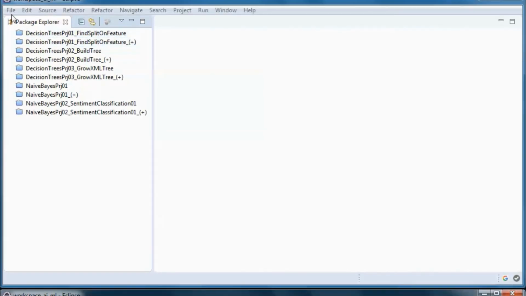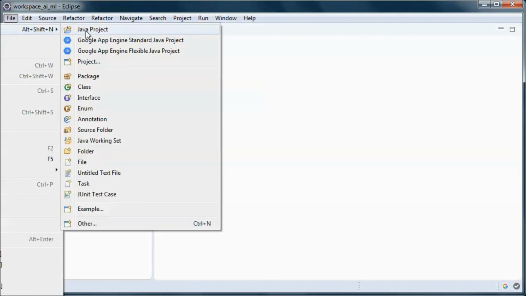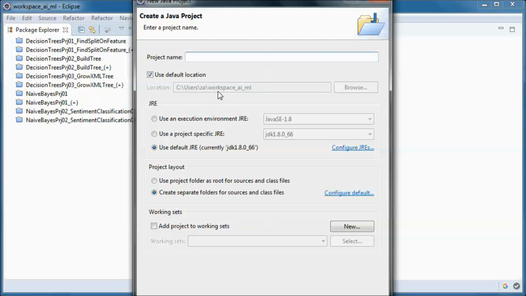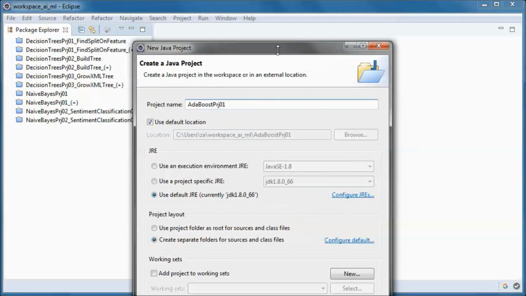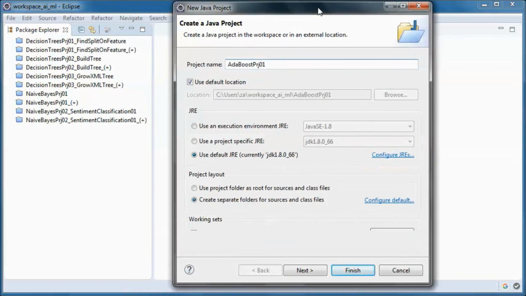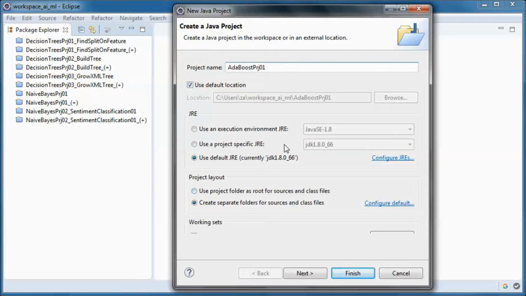I will start by creating a new project, and here we will be doing JavaFX.